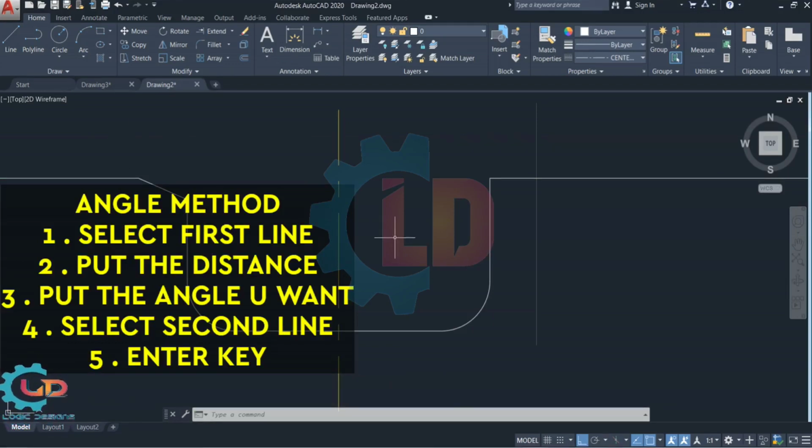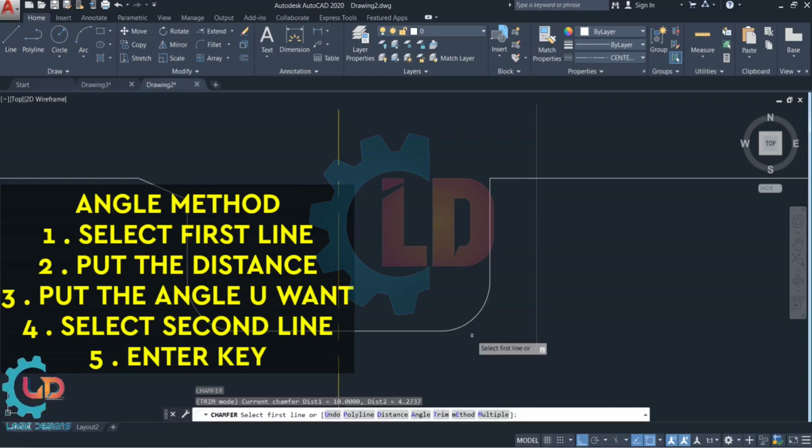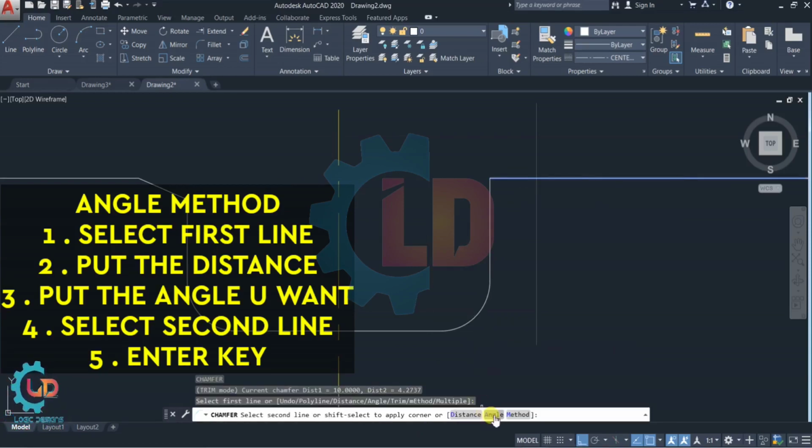Now the next type is distance plus angle. Again I am putting CHA, then press enter, then select angle from the command bar. First select the line, then select angle.